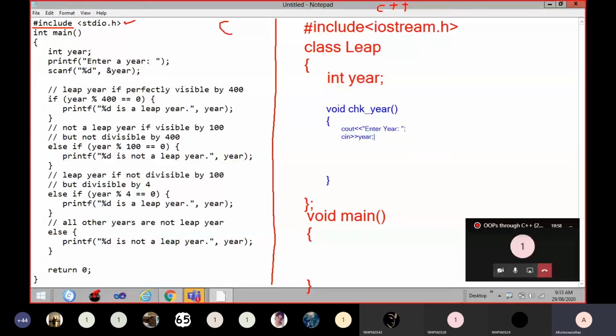Okay. Basic C++ program structure is over, and now we entered into the actual functionality. In the actual functionality, first we want to find what inputs are required for this functionality. Yes, we identified that input as year. Year is the input here, for this functionality. So next, I want to process the given year.